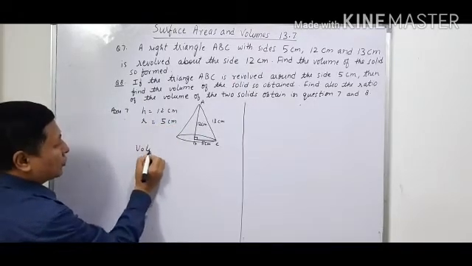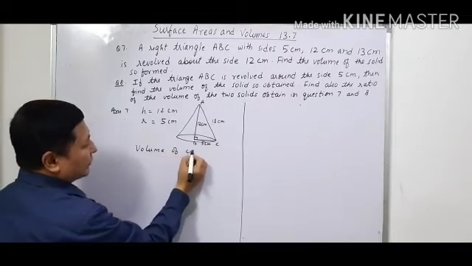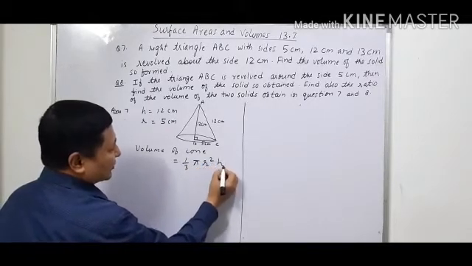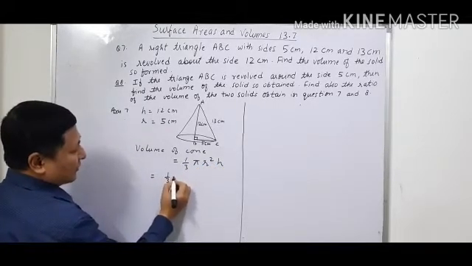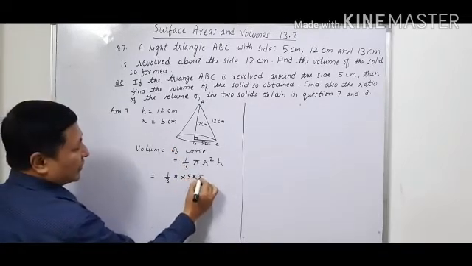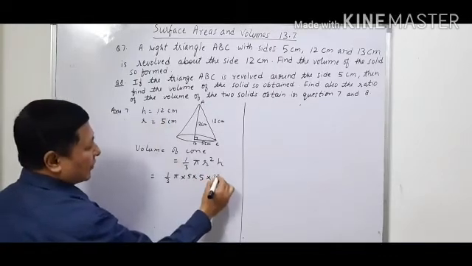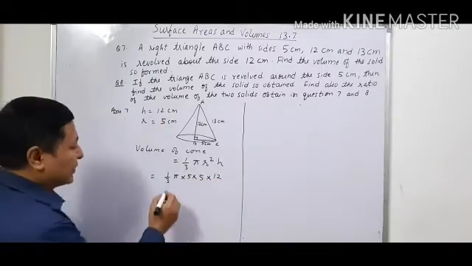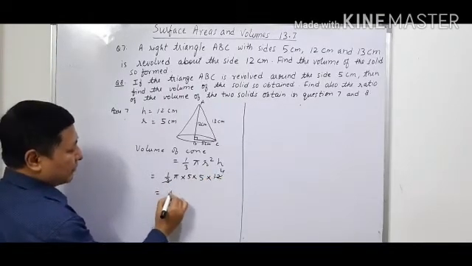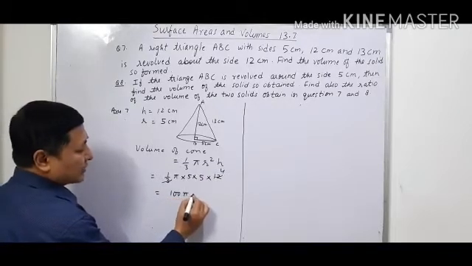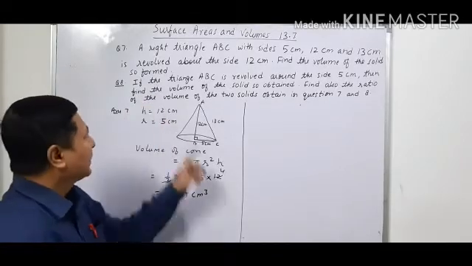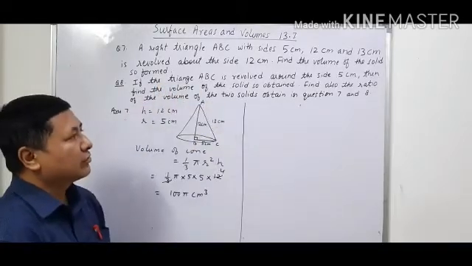And now we have to find the volume of cone. So volume of cone, we know the formula, is equal to 1 upon 3 pi r square h, that is 1 upon 3 pi, r is 5, so it is 5 into 5 into h is 12. We are getting this answer in terms of pi only. So we will cancel this, this will make it 4, 5 5s are 25, 4 is 100 pi centimeter cube.